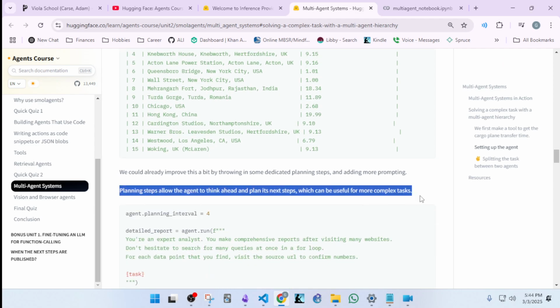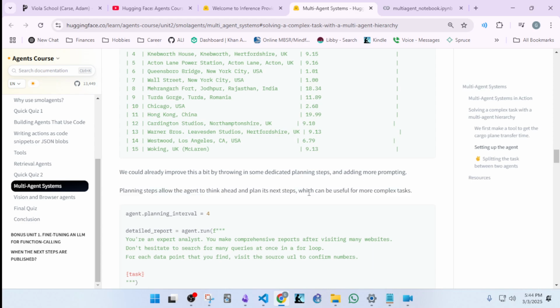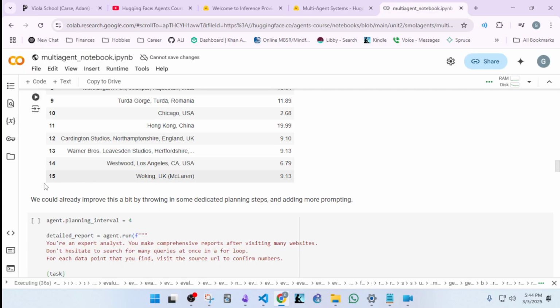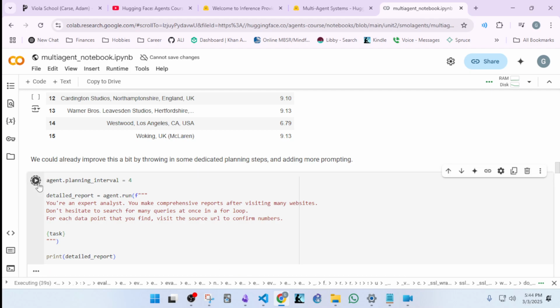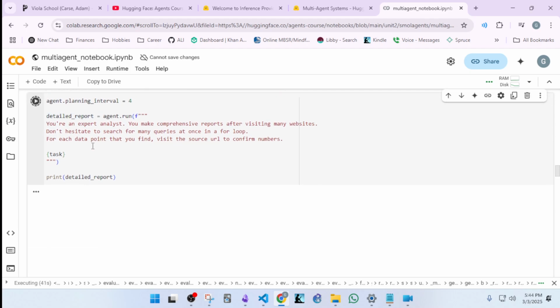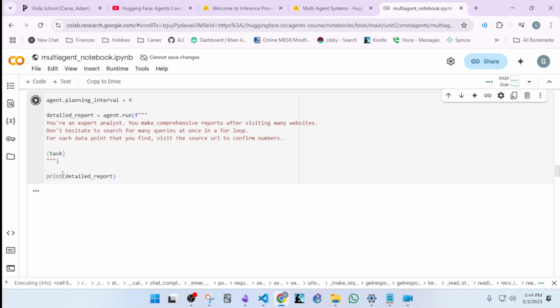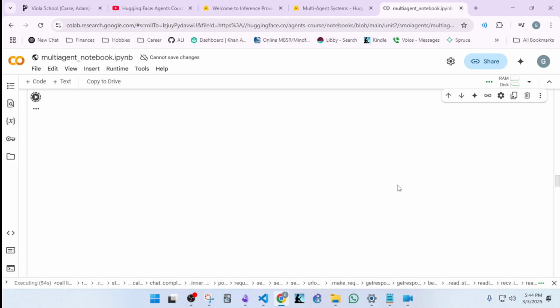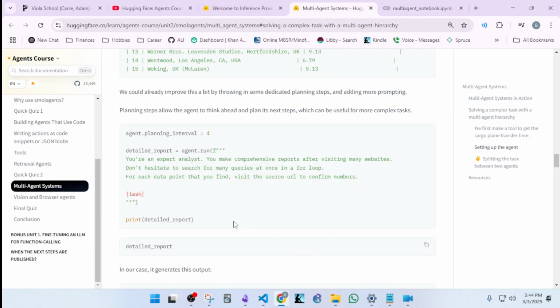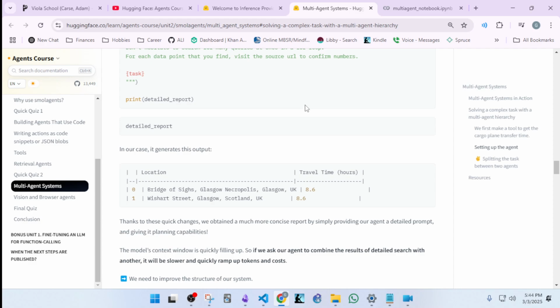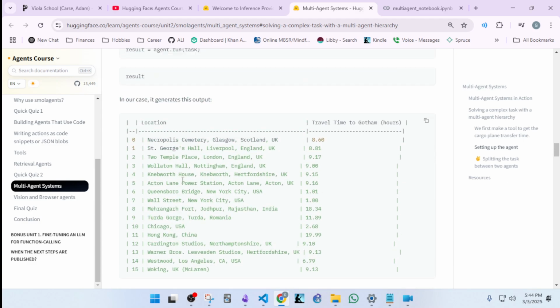Planning steps allow the agent to think ahead and plan its next steps, which can be useful for more complex tasks. All right, so let's give it some planning steps. Boom. So we give it 4 planning intervals, and then we're running it again. So we're doing agent.run and running it again, and we should get a report with more details once it's finished. In our case, it generates this output. Okay, so now we can see,